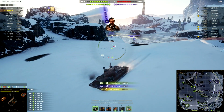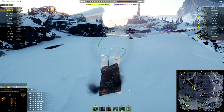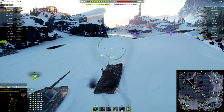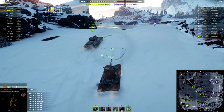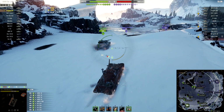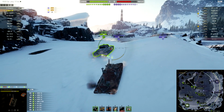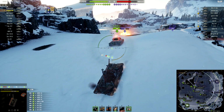You know what I mean? If you wanna unload, the TVP T50 is going to do it a lot quicker, a lot more efficiently, a lot faster. The Progetto is not played that way. Although you can empty 4 shells into someone in 7.5 seconds, I don't feel like the Progetto 65 is